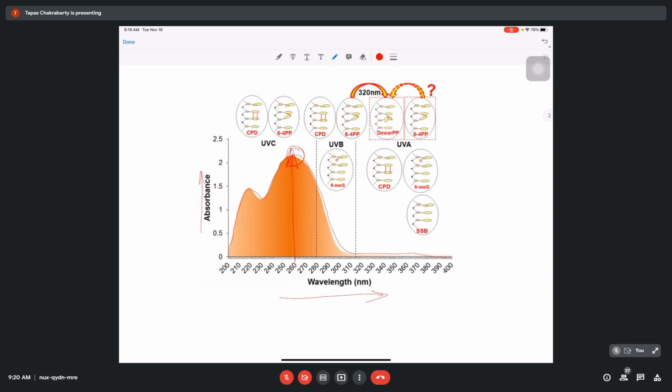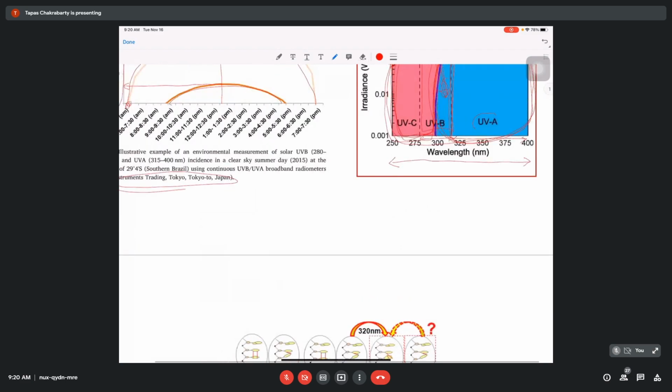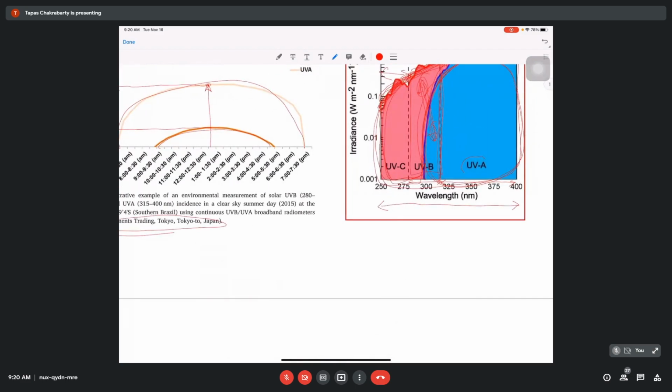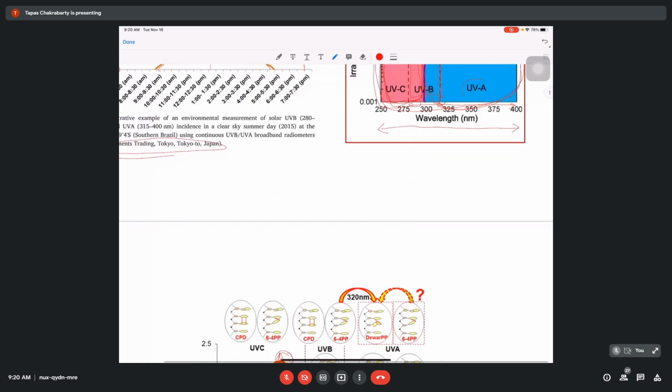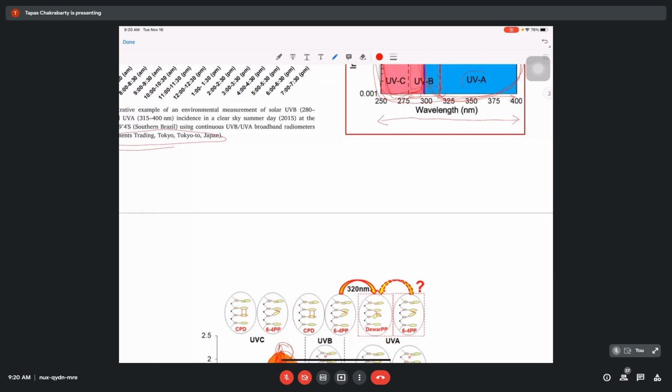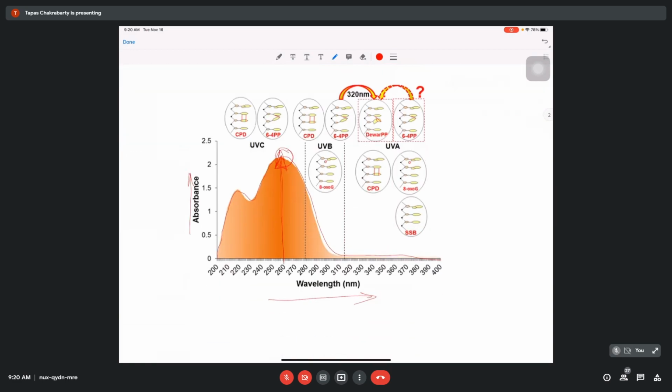If you remember the previous figure, the solar radiation below 300 nanometer is almost not available on the lower region of the Earth's surface. So if you go to the seaside, you will mostly be exposed to UV light of about 290 nanometers. In this region about 200, this is 280, this is 320, so 290 nanometer means somewhat this region. Like, if I draw here the solar irradiance that is available on the Earth's surface, you will be exposed mostly to this region of light.